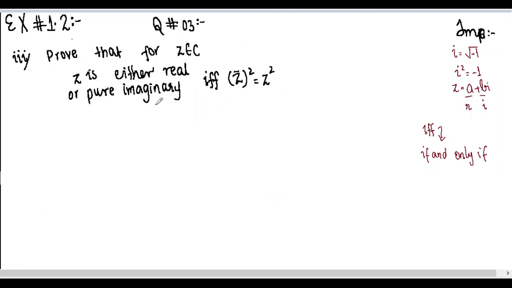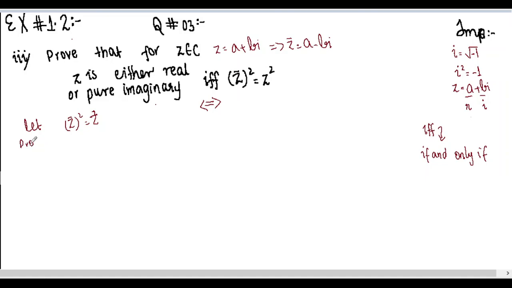So nice. Now again there is an IFF in the question. IFF again means this symbol, which means that we have to assume one side of this symbol and prove the other side. And the question is, prove that for z belongs to complex numbers, if z is a complex number, then we can give it a usual notation. Z is equal to A plus B iota, and we all know up till now that z bar equals A minus B iota.